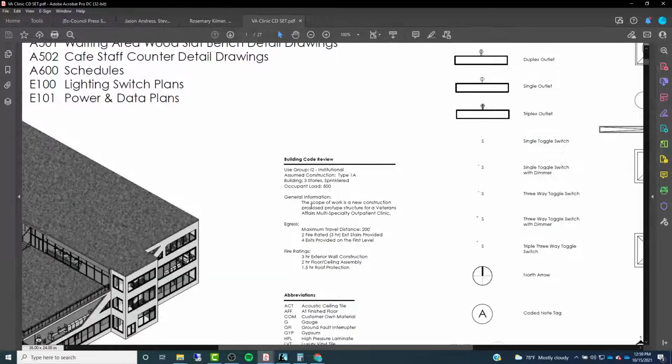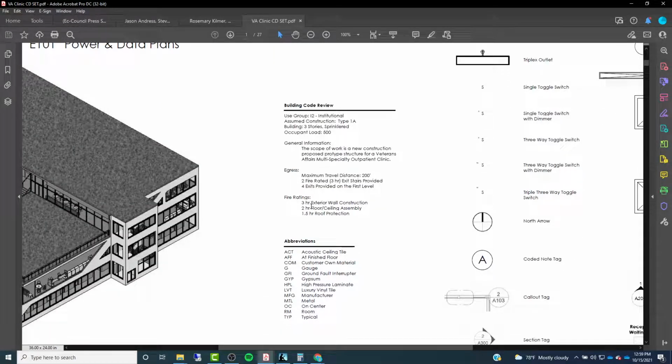If we zoom in here, usually you'll have notes relating to building codes, all the different code standards that are involved with the project or that you're referencing, that you're meeting. So it's going to be a lot of technical stuff. And for us, we don't really need to worry about that in a school setting, but whenever you go to work professionally,